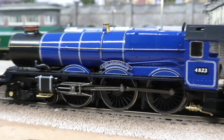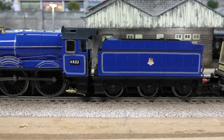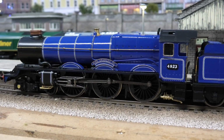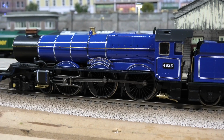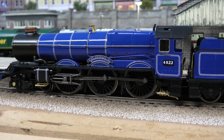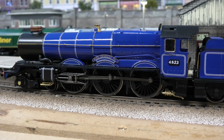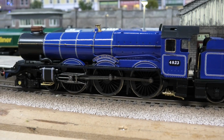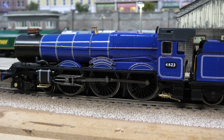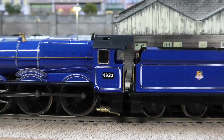I just love this logo. I love the colour. Okay, it may not be spot on as regards Caledonian blue, but looking at the photographs I've used for reference, then it's not a million miles off. And that photograph is obviously of a real King class in Caledonian blue, and I think I've got a pretty good match. If you look at the number there, wrong way,